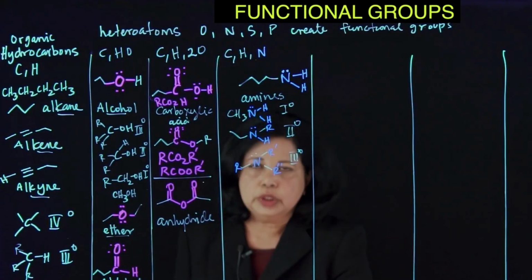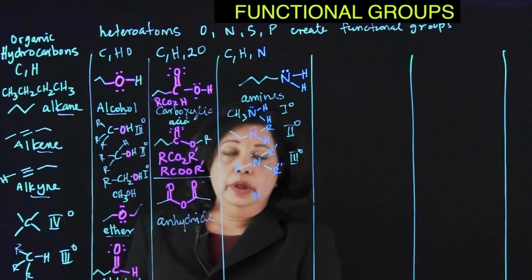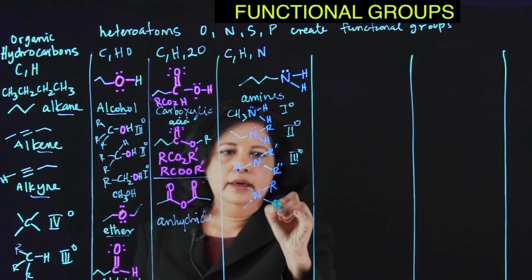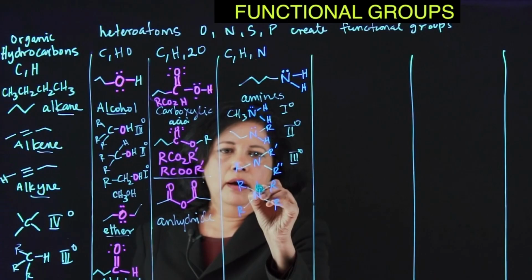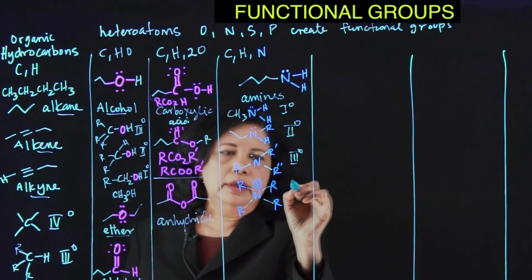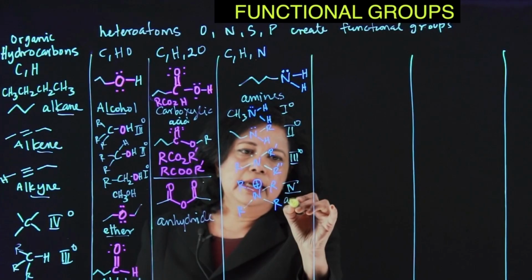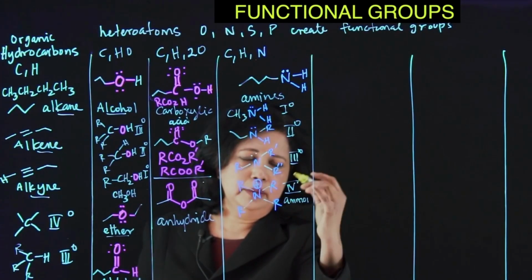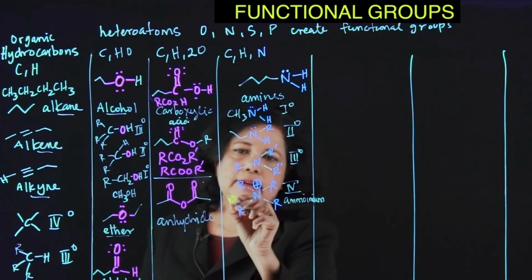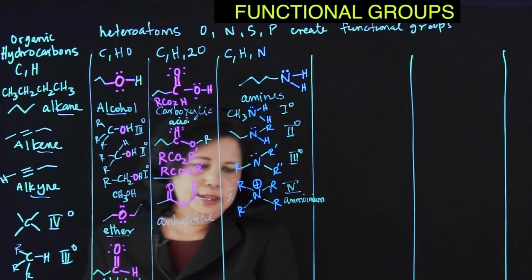Now, what else can we do with just 1 nitrogen? Well, we can have a nitrogen with 4 things on there. Why not 4 things on it? And if you lost your lone pair, then you are going to have a positive. And so therefore, it's going to be a quaternary ammonium. It's not an amine, because cations are called -iums, like sodium and so on: ammonium and halide. There'll be some counter ion. It doesn't have to be a halide. I'm just going to put some X.